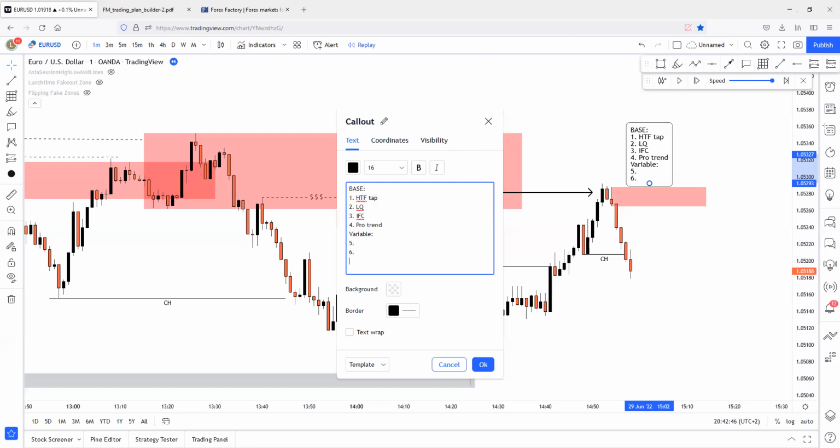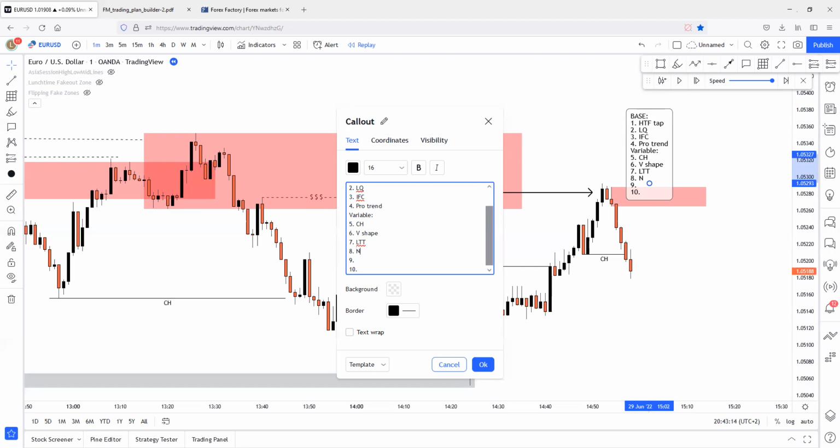Wait a minute, please. Let me just write all of these down. I don't know how many will be here, I will just write down 10. So the first one is change of character. The second one, we have strong reaction, V shape. Exactly, perfect. After that, we have below liquidity to target. Exactly, perfect. What else? We have also, it is not coming from unmitigated zone.